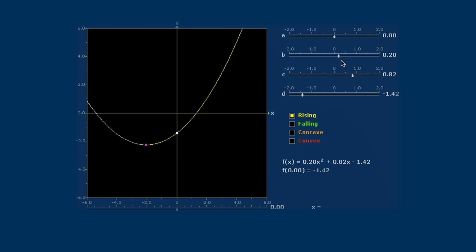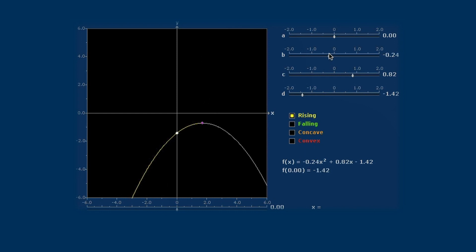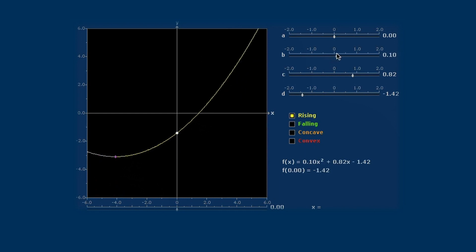In fact, watch this. Watch what happens to that vertex when, so here's b. I'm going to really play with b. I'm going to send b through 0. So then I get a straight line. There's no vertex. That vertex is going down to the left. It's going to go through infinity, out the other side, and come back on the other side. See that? It goes right through infinity and comes back on the other side.